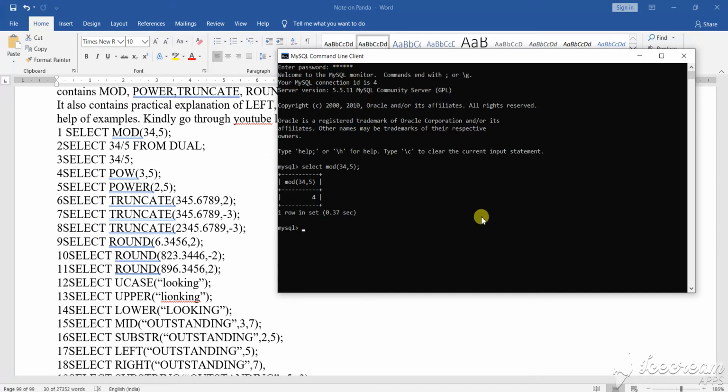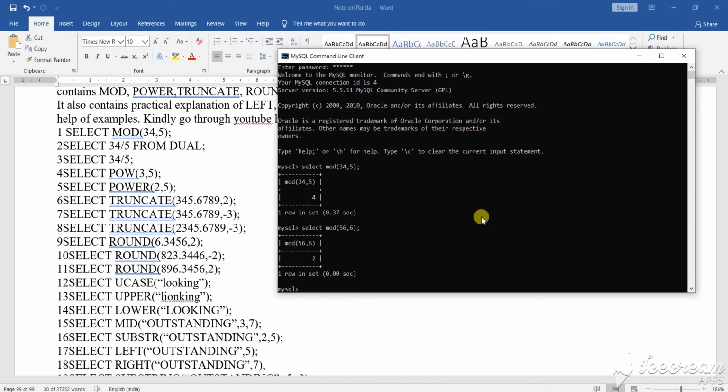Now the first thing that I want to show you is the mod function, meaning to take out the mean, median, mode. Okay, mod function. So first you will write select, then one space, then mod, then open the bracket and give some value, suppose 56 comma, now you give here 6. Okay, so semicolon, always the statement should be terminated with a semicolon. Now give enter. Okay, this is the mod. If you calculate it, you will find this particular result. Clear?